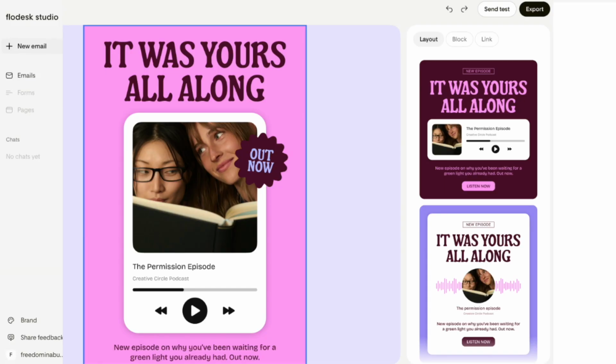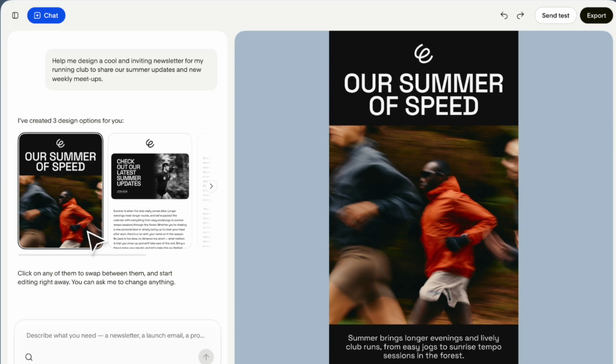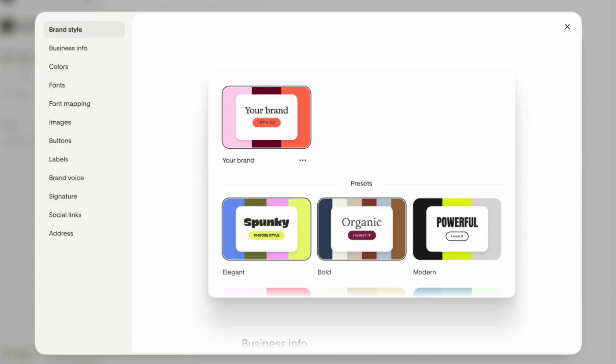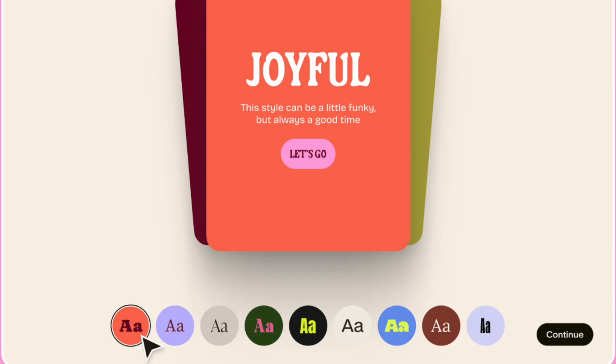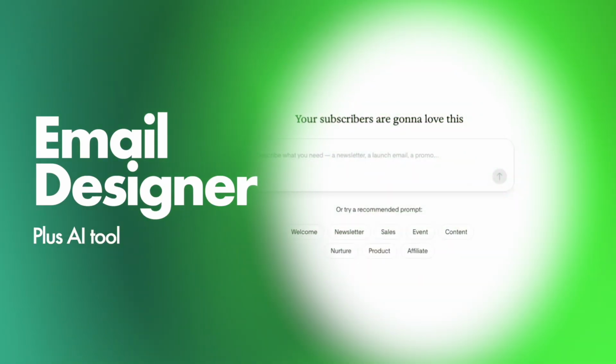Flodesk is the email software provider that I use and absolutely love. They just launched Flodesk Studio. Now, Flodesk Studio is a totally different place and website than where Flodesk is hosted. So it's totally separate. And basically what Flodesk Studio is, it is a place that you can use AI to